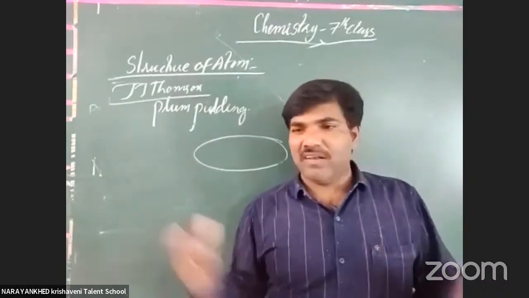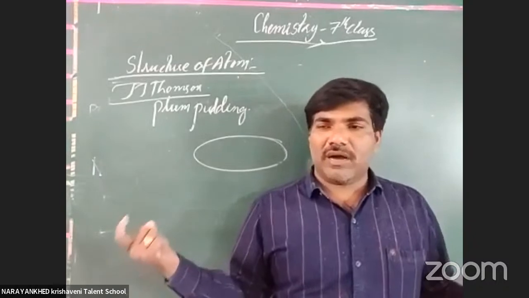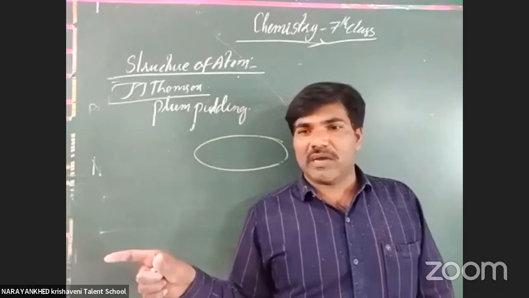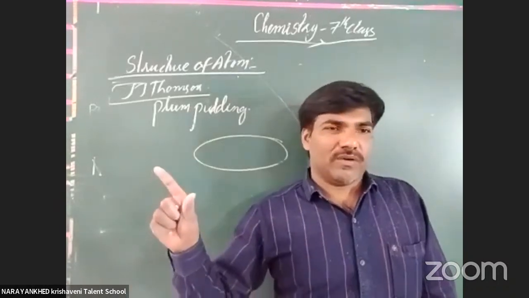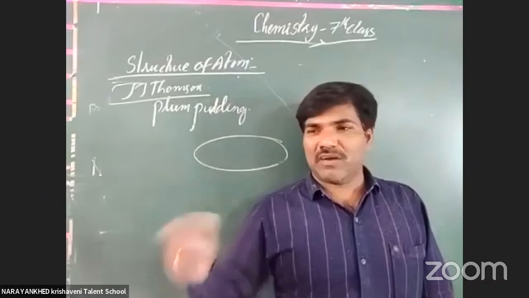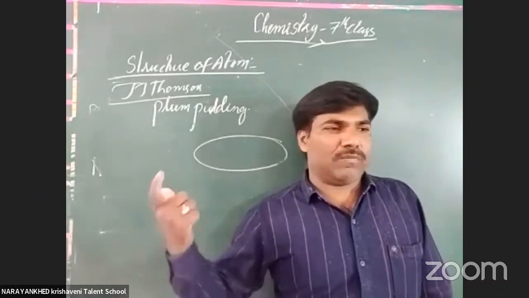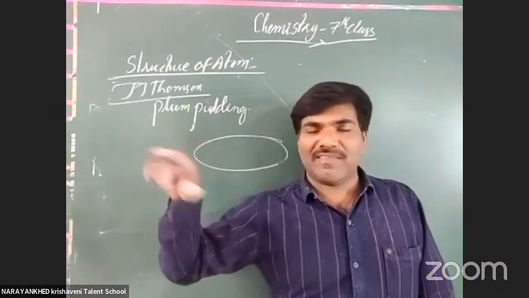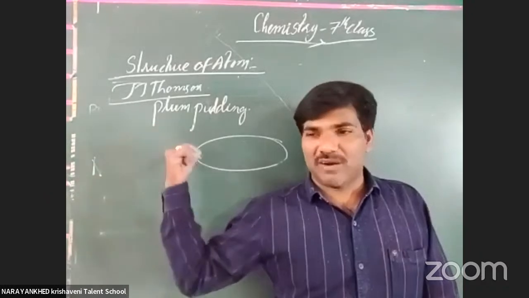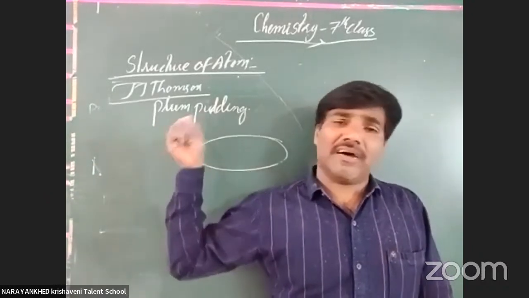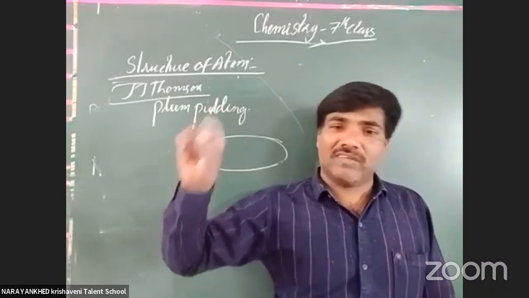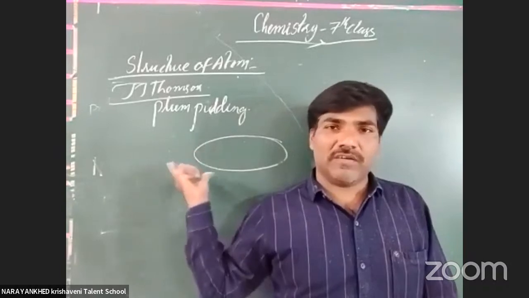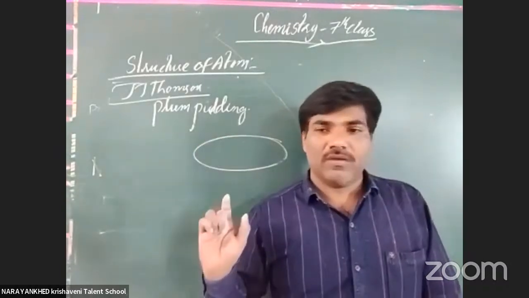Yes, when they combine together, the atom would be electrically neutral, but the atom is not electrically neutral. Okay, it is not neutral. Yes, when positive and negative combine together, there is no atom existence. It will become neutral. They will not be combined with one another, and all these things may not be possible. That is why it is a wrong perception. Okay, the invention of the electron is correct only. The existence of electrons inside the atom is there, but the combination given by J.J. Thomson is wrong. Okay, clear?